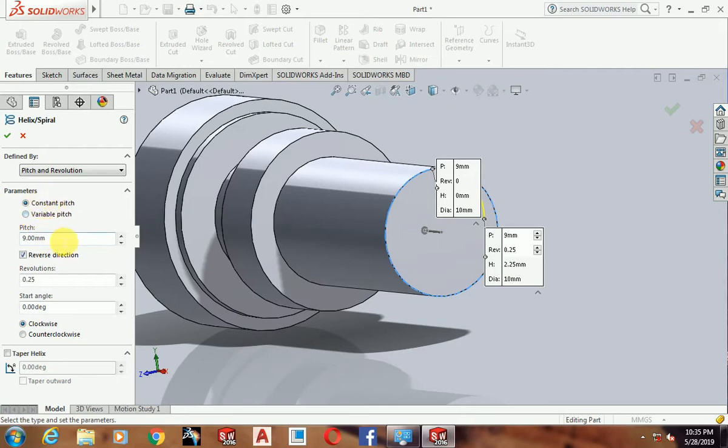Select constant pitch, which should be 1 mm, and in reverse direction